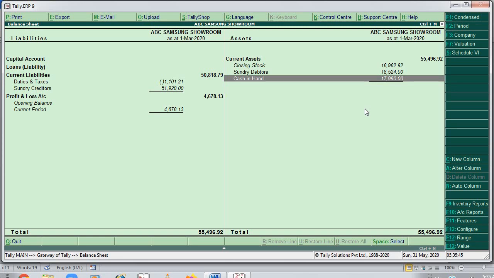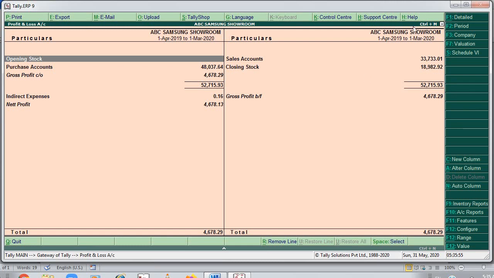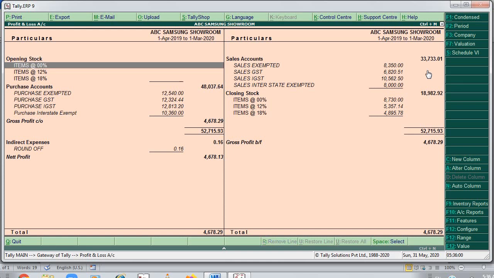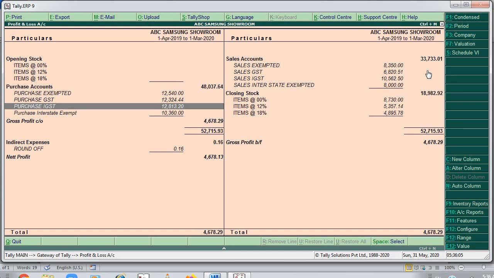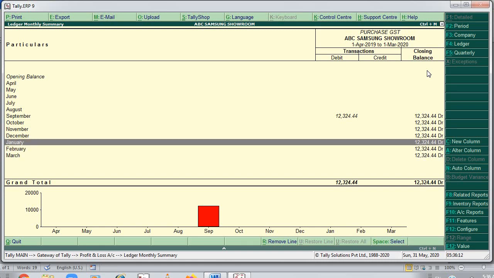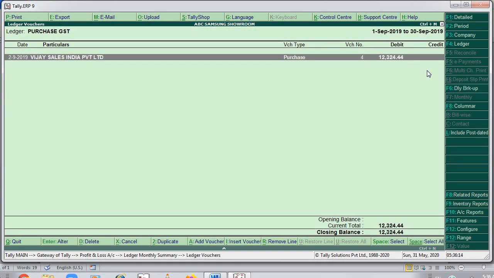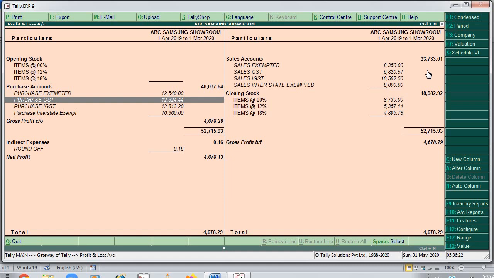This topic is very huge, so I am just restricted to what we have learned from doing the entries. Now after balance sheet you can check your profit and loss account. Similarly, if you want to go into detail, you have to press Alt F1. Now how much purchase I have done: purchase exempted item, purchase GST, purchase IGST and purchase interstate. Now let's say purchase GST I have done. This will show me monthly report. If I want to see day wise report, I can go inside. So purchase GST, I have done the following items. So I can check each and every one, month wise and day wise also.